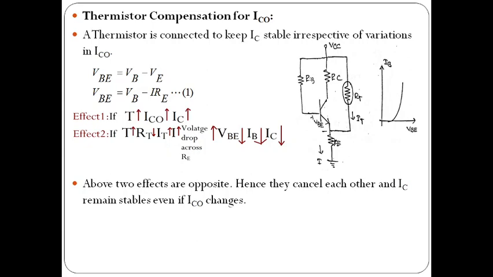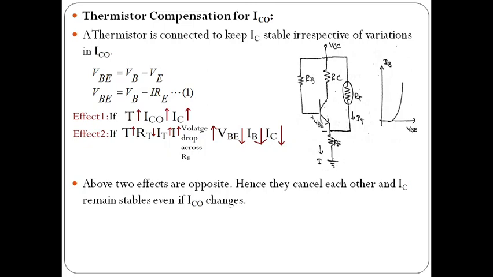So the current passing through RE increases, so the voltage drop across RE also increases. In this equation, when I into RE increases, then the VB value must decrease. From equation 1, when I into RE, which is nothing but the voltage drop across RE, increases, the VB value must decrease. From the input characteristics of the CE amplifier, which are drawn between the VBE and IB